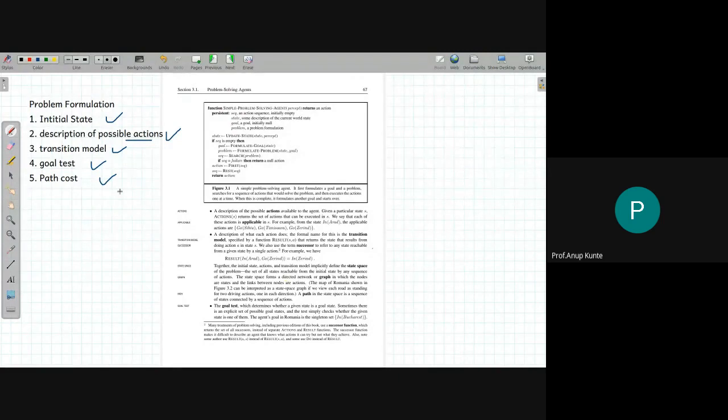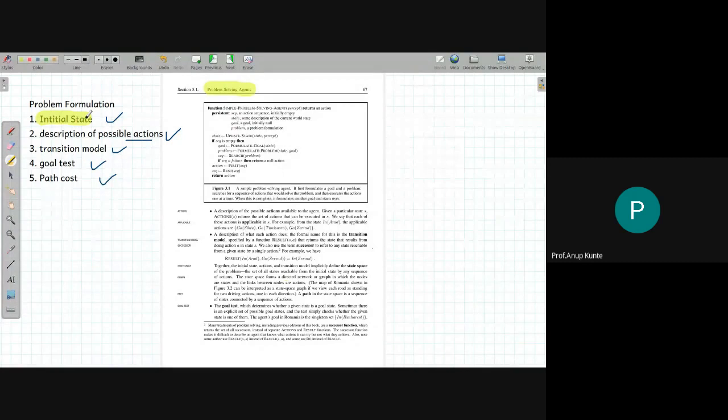So we talked about that. There are various AI tasks, out of which the formal AI task that we are trying to generate a solution for, and the solution is based on problem solving agents. If you remember, we are talking about a problem solving agent, and the problem solving agent would require a formal definition of the problem. The formal definition of a problem can be achieved by telling what the initial state is, telling what the description of possible actions that the agent can do is. Third thing is what the transition model is.